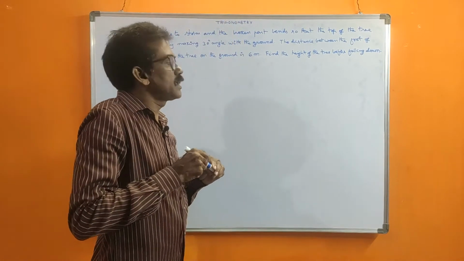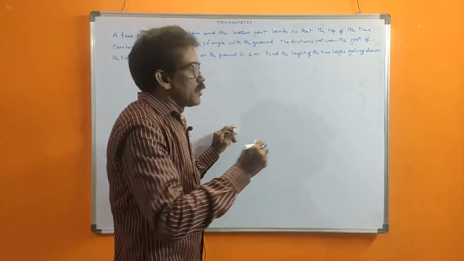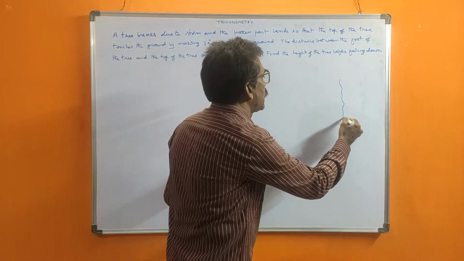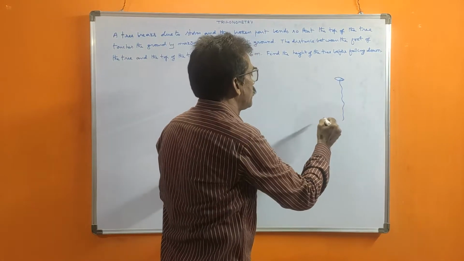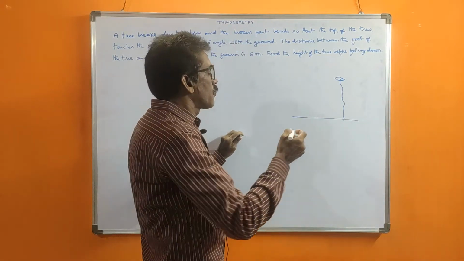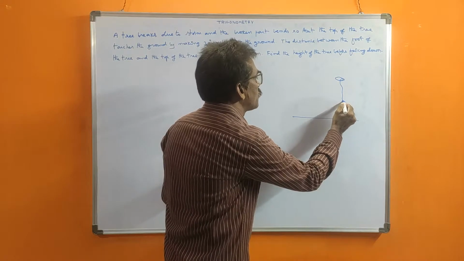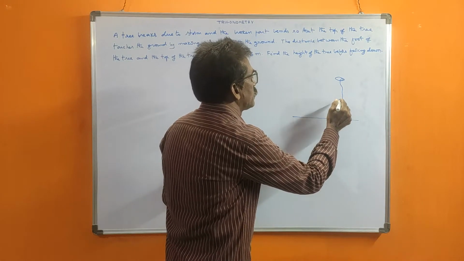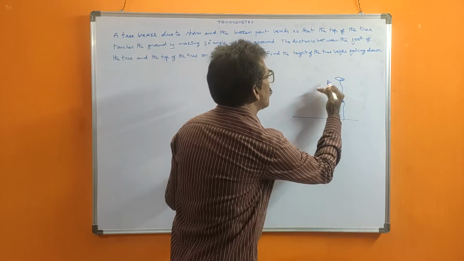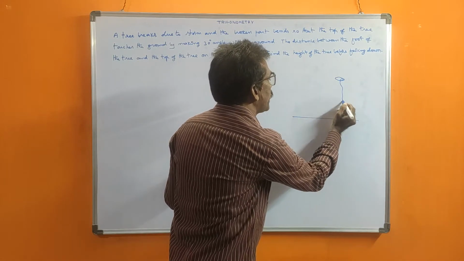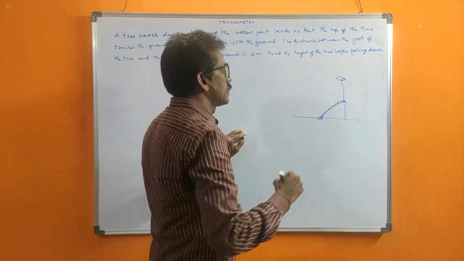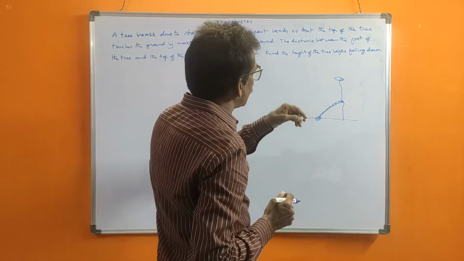First we should understand the problem. Then, first a rough diagram for understanding. Suppose a tree is there like this. Tree. This is ground. Now due to storm, what happened? Somewhere it broke. After it breaks, what will happen due to weight? It will bend down. So it bent, it touched like this, somewhere touched here. How did it touch, as he gave?